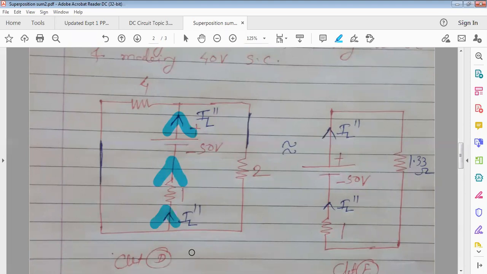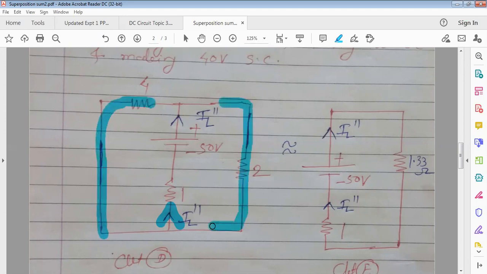Now this is the current flowing through load resistance 1 ohm, so we'll use the variable IL, as it is flowing through the load resistance. That's why the suffix L. As it is with the second source, 50 volt, that's why double dash. Now IL double dash is the current flowing through 1 ohm, and that is what we want to find out. So go on simplifying the circuit using any method you find convenient, to find IL double dash.